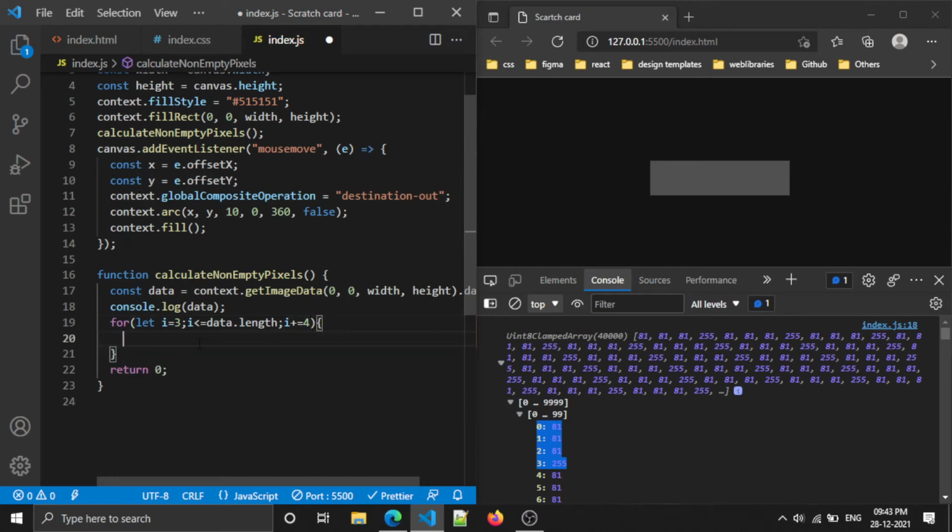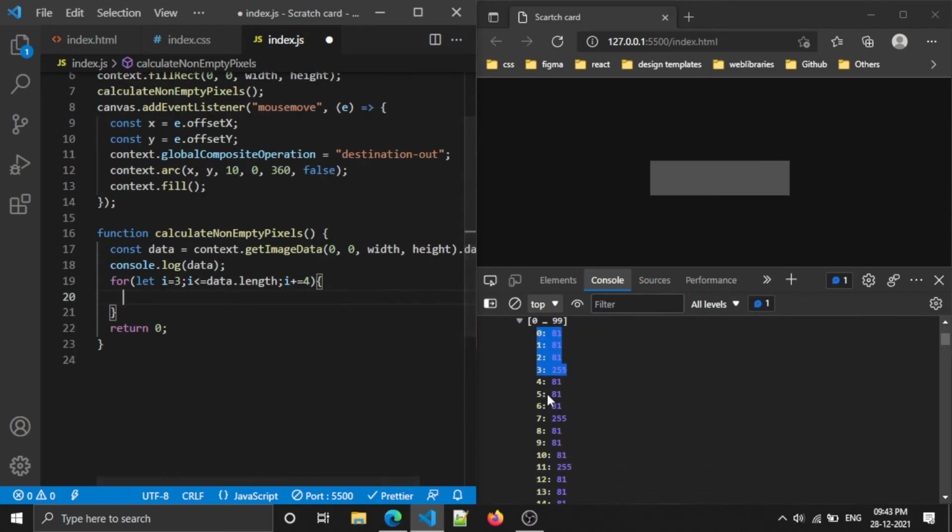Here I'm picking the first pixel's alpha value and then iterating to the next pixel. The first index is 3, and 3 plus 4 is 7, 7 plus 4 is 11. Based upon that, I'm just taking care of the alpha value. I'm not focusing much on the RGB values.